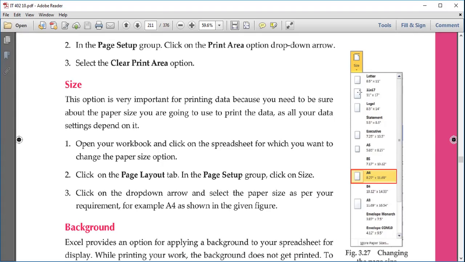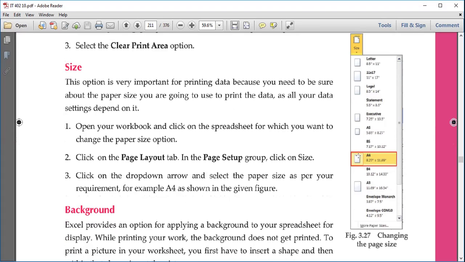Letter is one size. The most common one that we use is A4 size, and then we have some other sizes also. You just have to select the one that you want to apply, right? Again, if you want to go with some different kind of size, for that we have this More Paper Sizes option. Just click here, then you have to specify the length and breadth there, and just click OK to